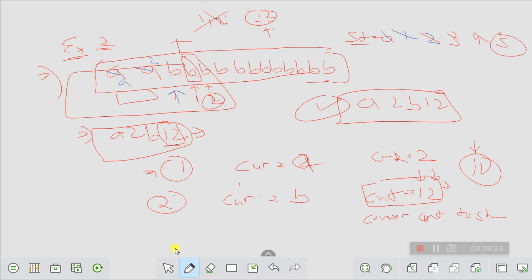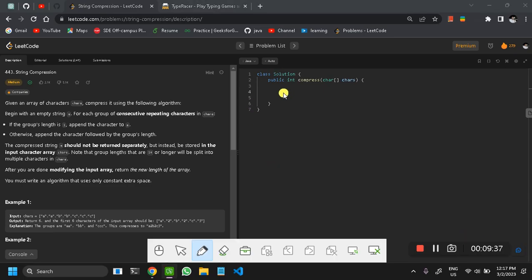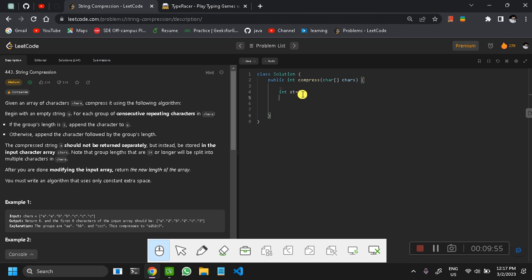Okay, now I hope you guys got a clear understanding of the problem. Let me just code it. So this is the problem statement, and this is the problem on LeetCode. What I'm going to do is I'm going to code it now. I'm going to have an initial index and I'm going to traverse